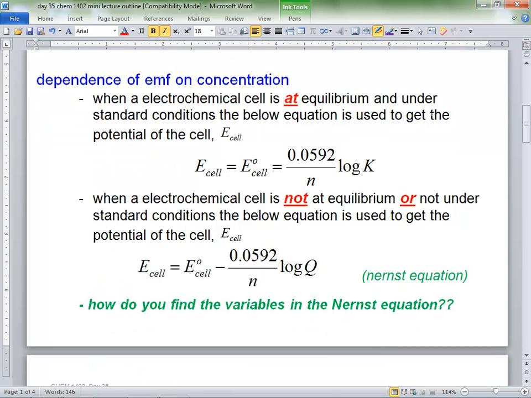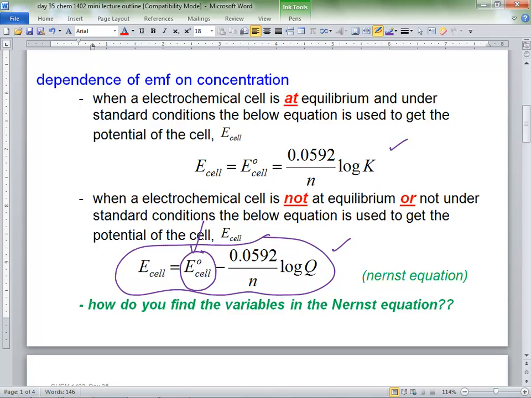When an electrochemical cell is at equilibrium, we've seen this. This is what we've been working with, right? Or it's not at equilibrium, or not under standard conditions. Here's the interesting one, right? The Nernst equation. We're not at equilibrium, not at standard conditions. E0 cell is still in there, though. How do you find these variables? How would you get